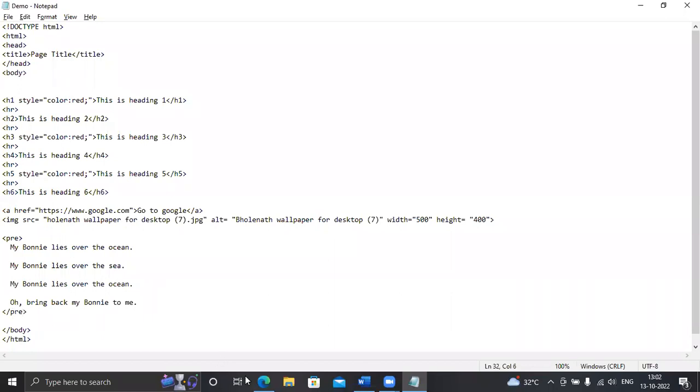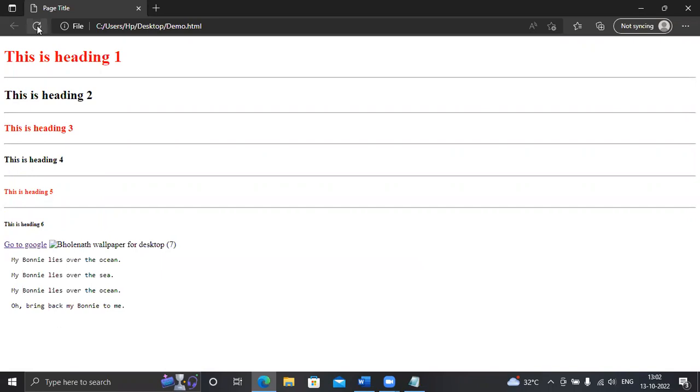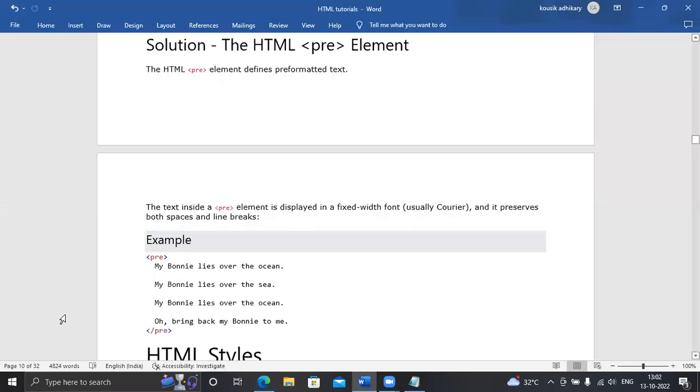Control S. In the previous one, using the paragraph tag, it was coming in a line, but when you refresh using the pre tag, the pre-formatted tag, the way you have written, the paragraph will be displayed as it is, look. That is the difference between a p tag and a pre tag, predefined tag.